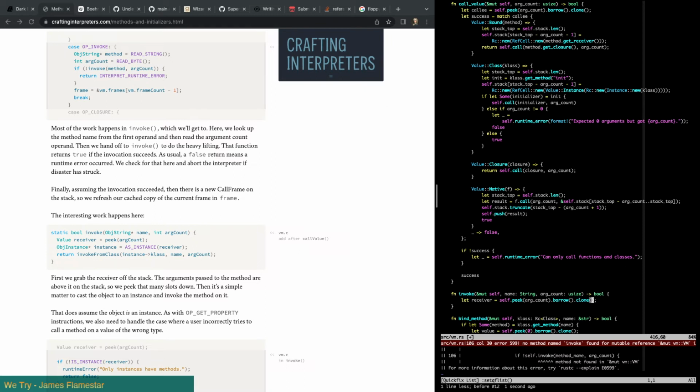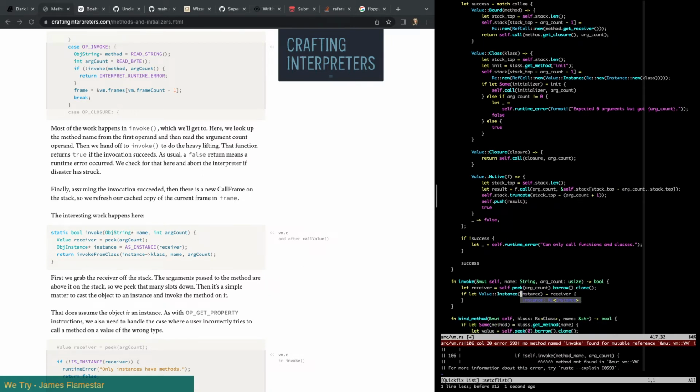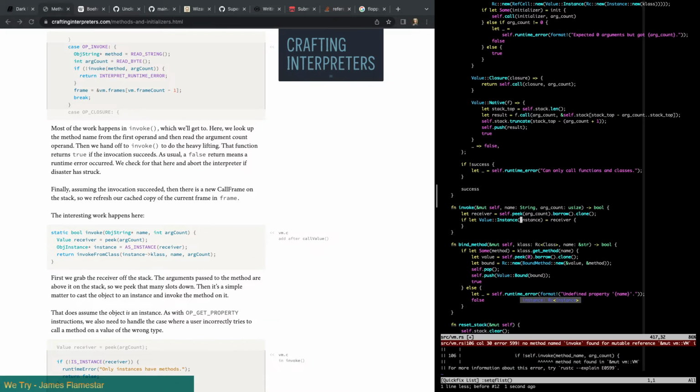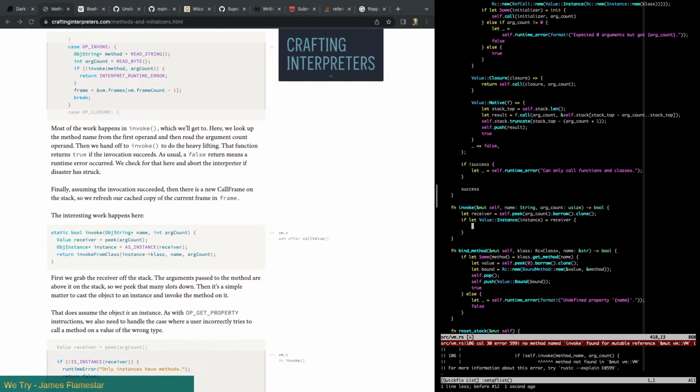Okay, and then because this is just going to be an RC. Oh no, it's a value. We're cloning the whole value. And I guess we have to clone it out because we're borrowing it, right? And then let instance is equal to, if let value instance is equal to receiver. And that should be an RC of instance, right? Yep. Oh, I like how it just sits there. That's terrible. Okay, and then we're going to return